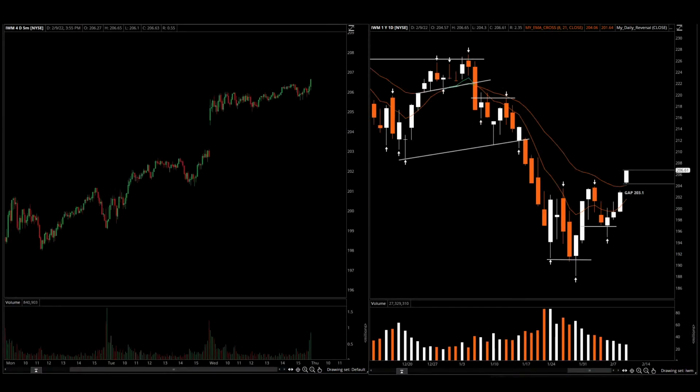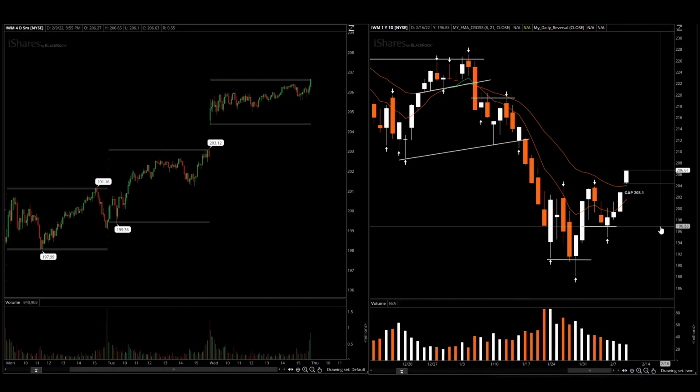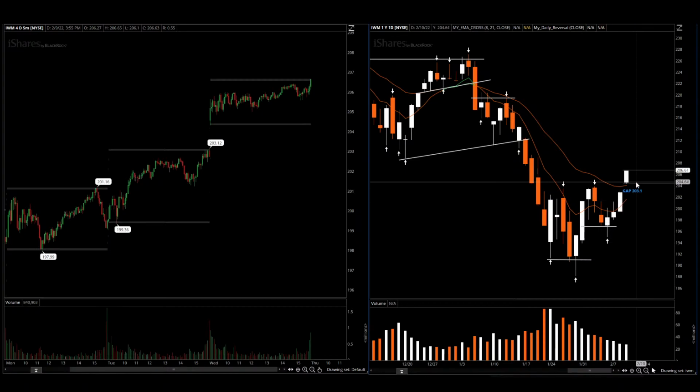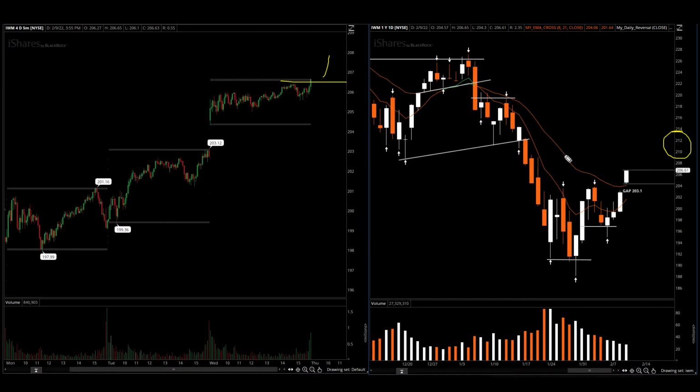Small caps yesterday actually showed some relative strength, tried several times to fade, but the momentum was for the upside. Has a gap to fill at 203, but it's below the 8 and 21 moving average. So has room to go higher? Yes, it has. Now I want to look at the morning numbers to see how the market will react. For the bull case, it needs above 206.7 to try to go into 210 to 212 as possible next targets. If it fades, the bear case needs below 204 to fill the gap at